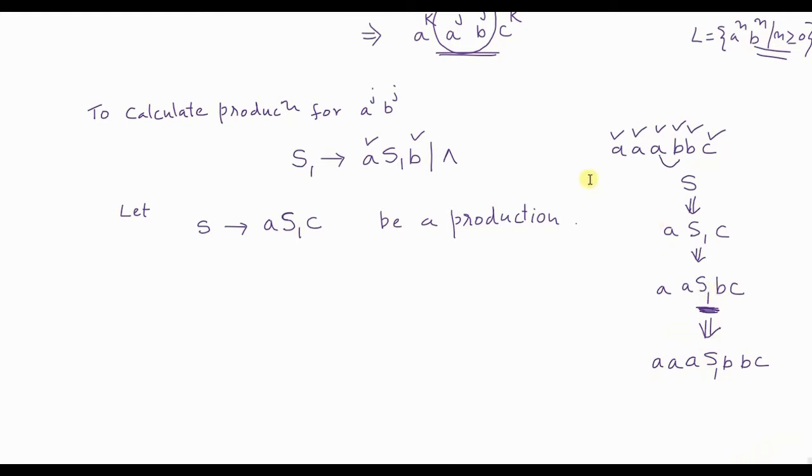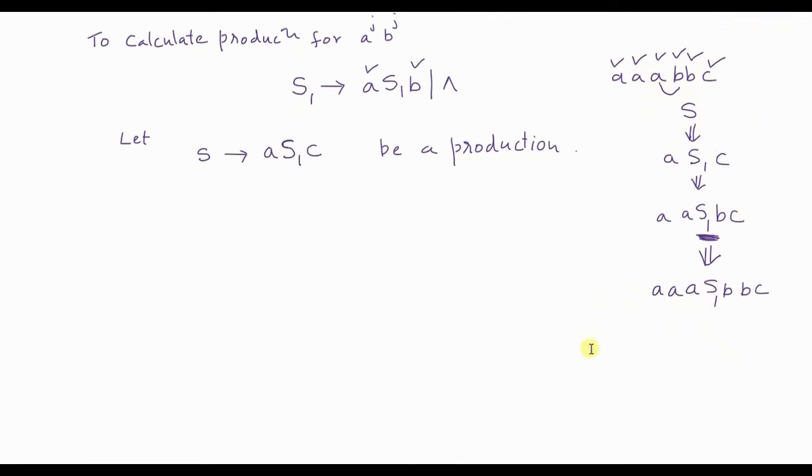So have I got the string? Yes. This is a valid string, and from the start symbol I was able to reach this final string. Now since there are no more characters remaining to be traced, finally S1 can be replaced with null. So I will replace this S1 with null. So finally the string that I get is 3 A's, 2 B's and a C.